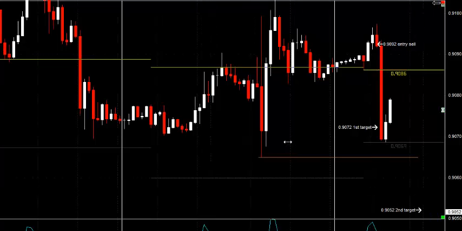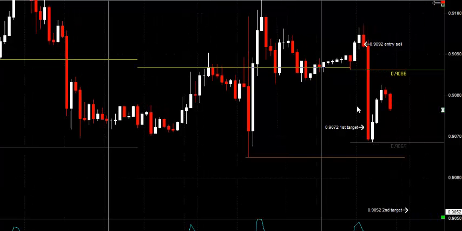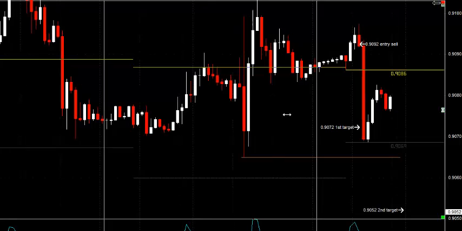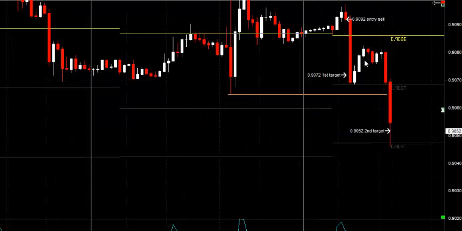It continued. It pulled back a little bit, tested the old support level right in here. There's a little pocket of support right in there, which became resistance. There's that psychological level of 80. Here's the daily fulcrum. That also created a range or a pocket of resistance as well. And then price continues to move back down a few hours later and then spikes down and hits our second